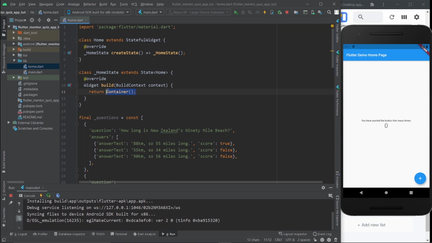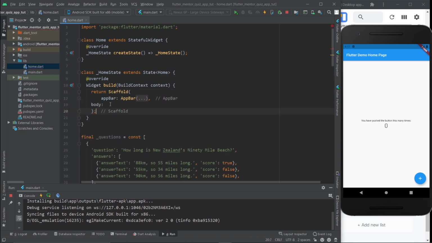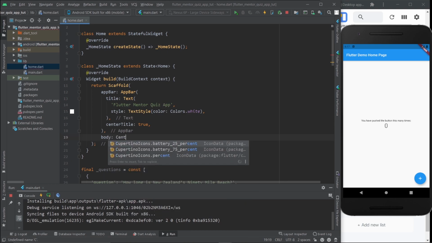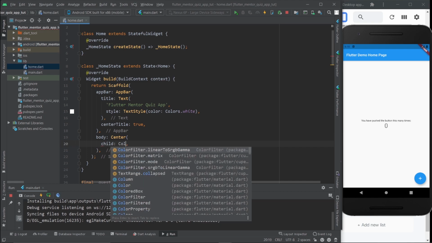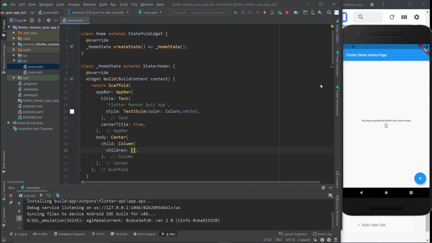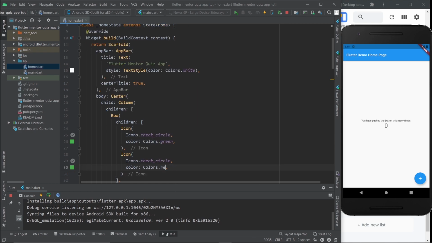I'm going to go ahead and just paste this right here, because this isn't about how to make app bars. I'm going to start this out with the center widget. And here I'm just going to put in a column. And the first thing we're going to do is create a row for those little icons on the top here to show up. For now, I'm just going to put in a row, and then as children, I'm just going to put in 2 different icons just so we know it's there.